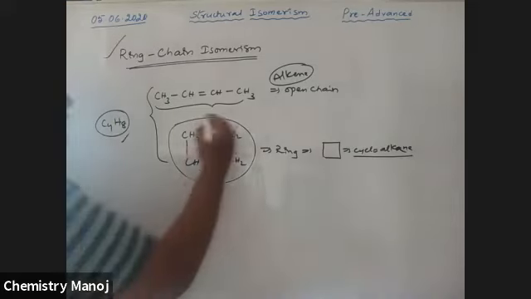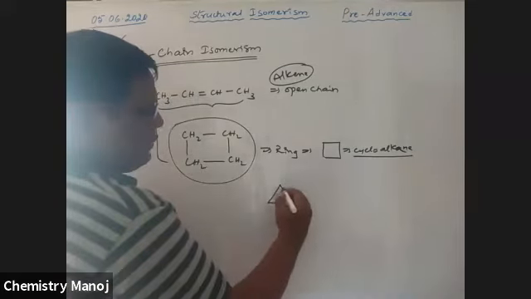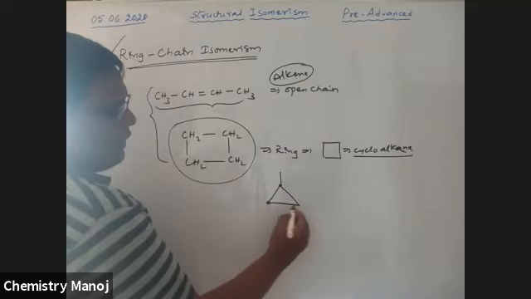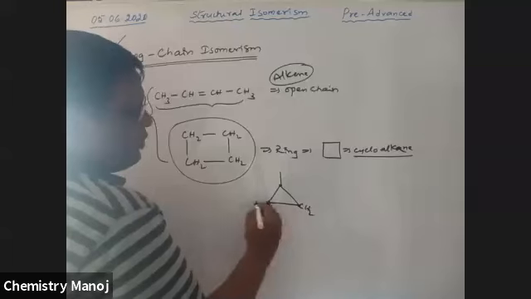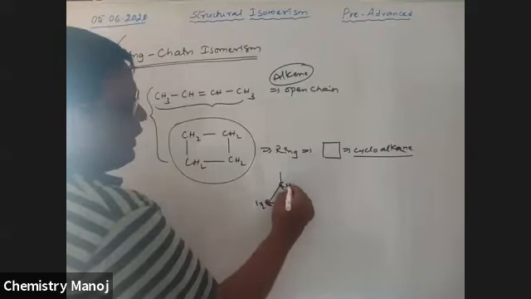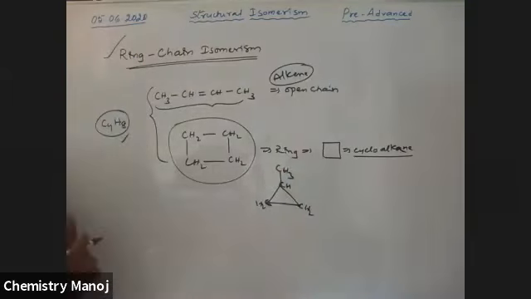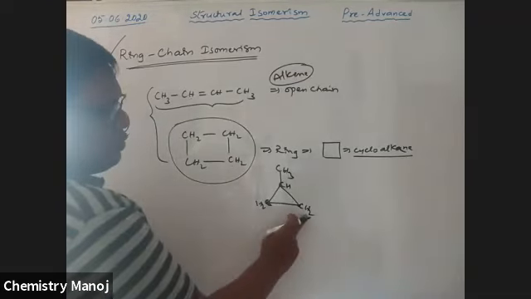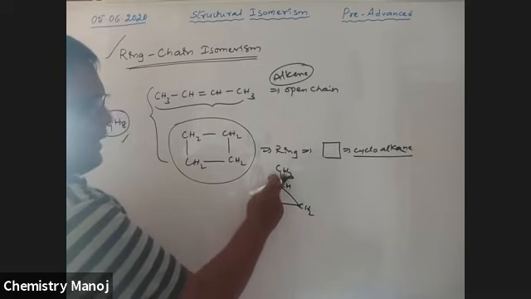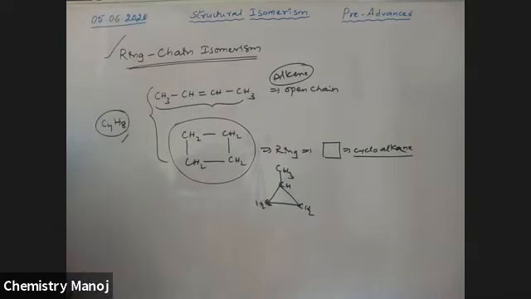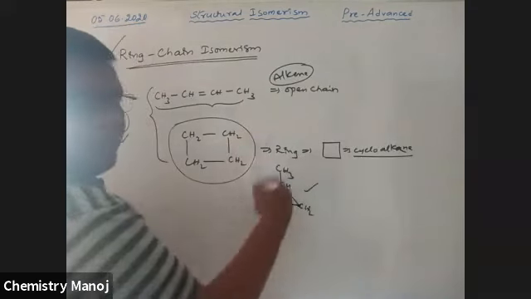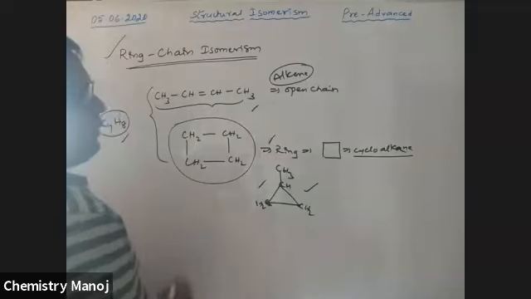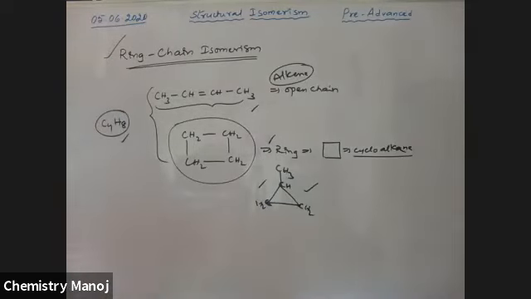So see here, I am writing this one like this. It is carbon, carbon, carbon. Here CH2, CH2. Here carbon with hydrogen, it is CH3. So check once again. 1, 2, 3, 4. 4 carbons. 2 plus 2, 4 plus 1, 5 plus 3. C4H8. That means this is also a ring compound. Now this one, this one, this one are ring chain isomers.